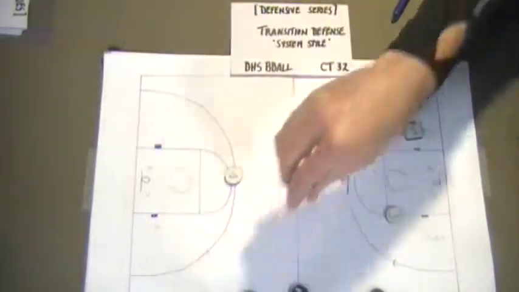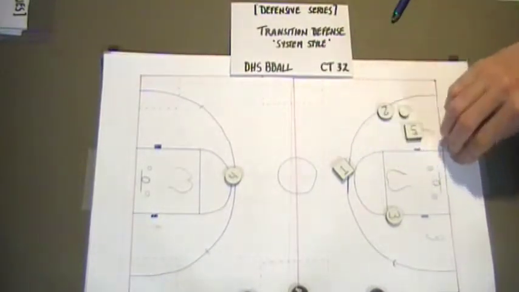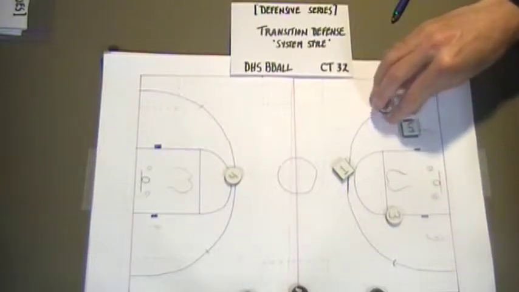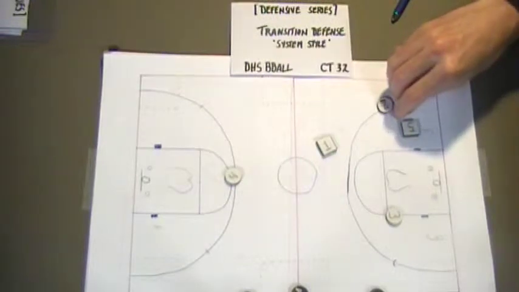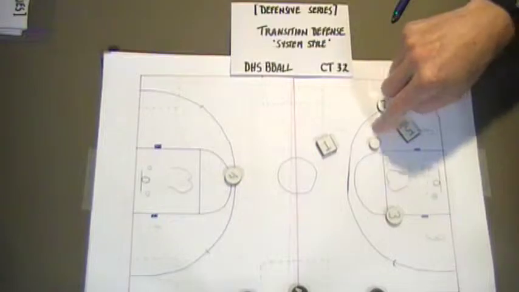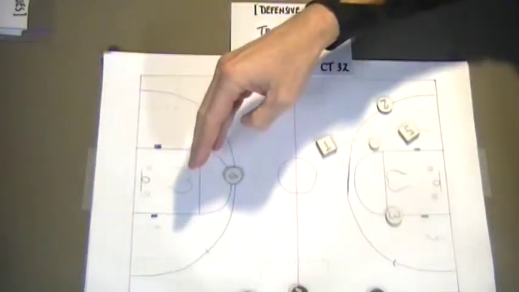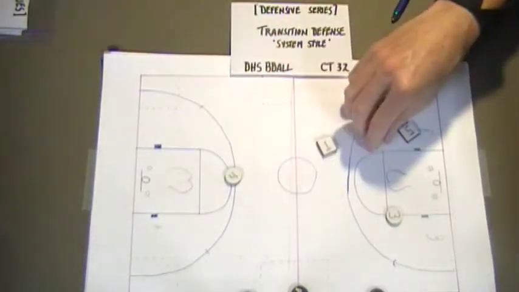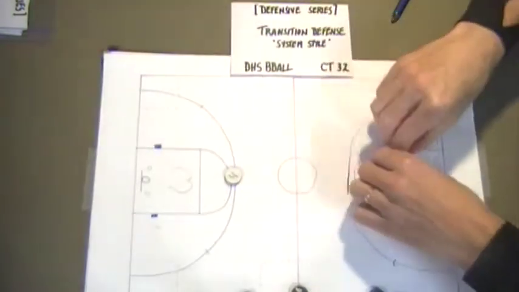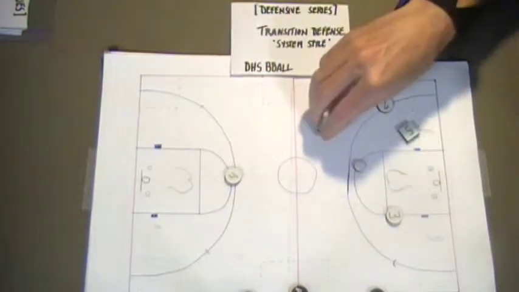The ball has been inbounded, and this goes for whether it's missed or made on our side. We got a trap going, a quality trap going. Okay? But if the ball is split through a pass or a dribble into the middle, once you see the ball get into the middle, we're going to let it come. And let's say the ball is passed. Ideally, one tries to gap it and steal it. But let's say it's passed and